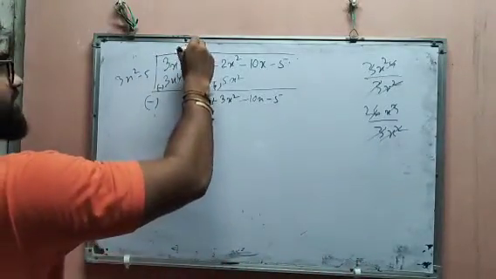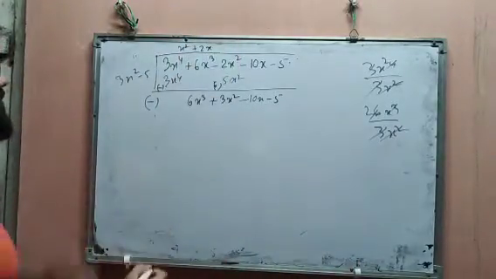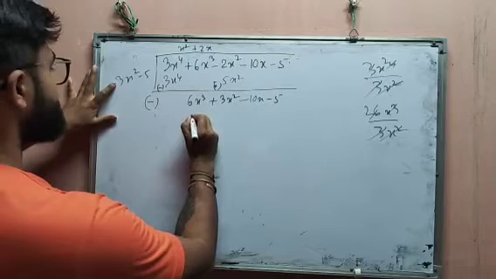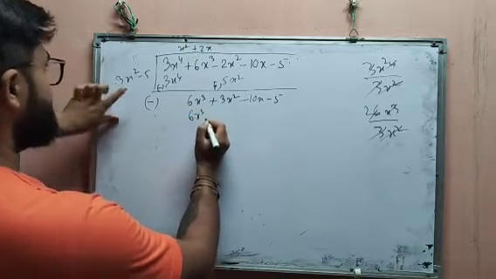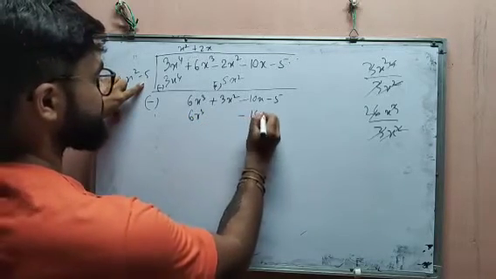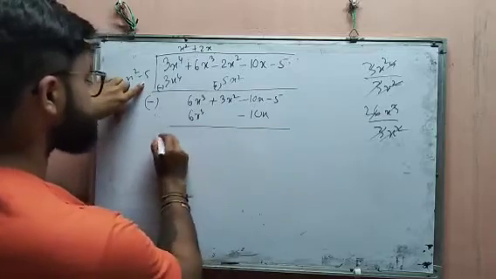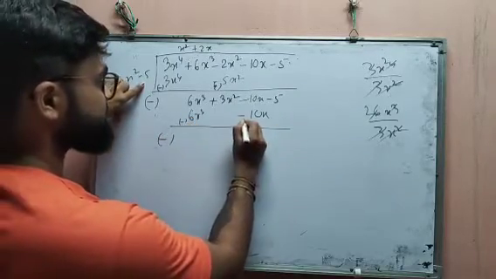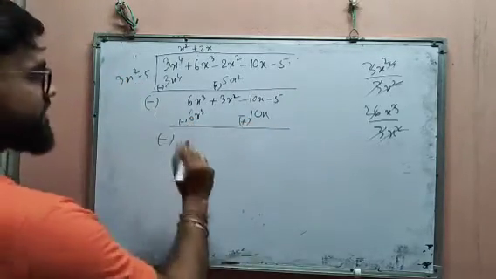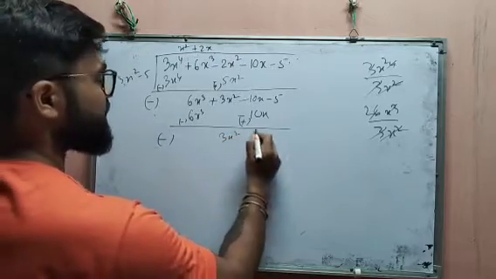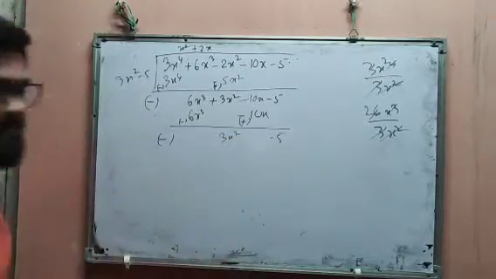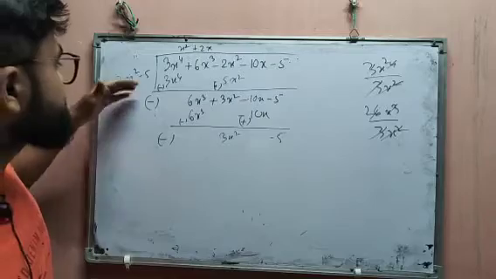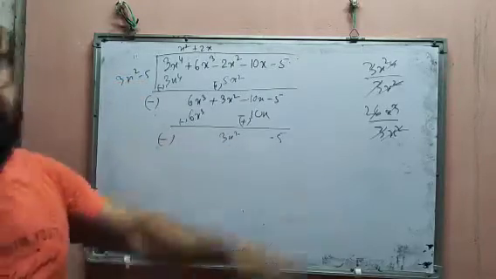That means 2x plus 2x. So when you give the plus 2x, this becomes 6x cube minus 10x. So again subtraction, this becomes minus, this also becomes plus. So equal and opposite, this will be cancelled. So 3x square and this will be cancelled, only minus 5. So now you clearly see 3x square minus 5 is here and 3x square minus 5 is here.